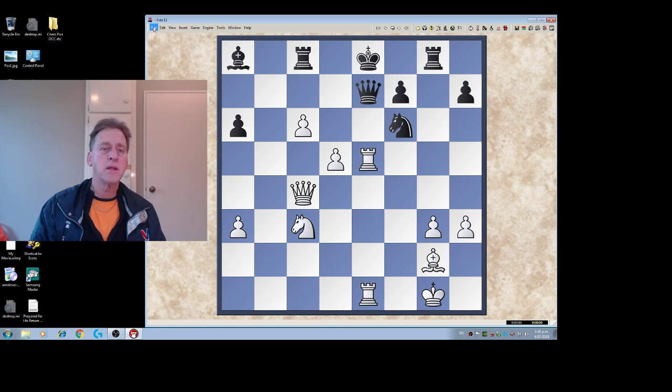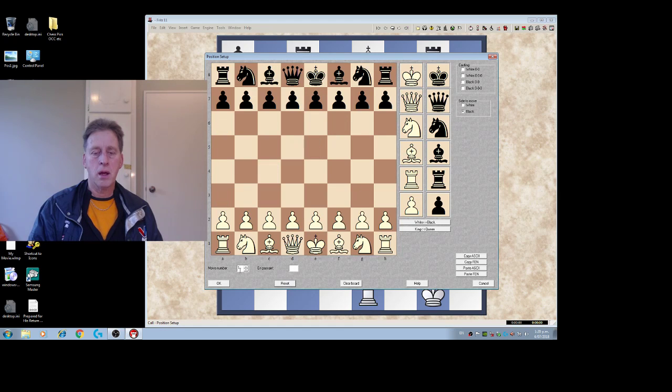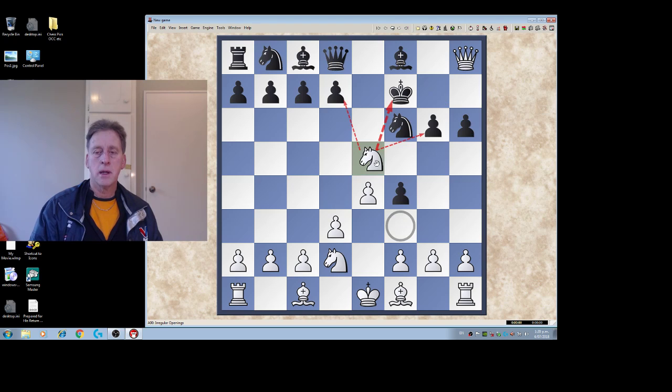Now, I just want to show you how a 2101 player can go down so quickly from Poland. I'll show you this game here, and white's to play, not black, and the moves are this, this, this, this, this, this, this, this, this, this, this, this, this, this, this, check,